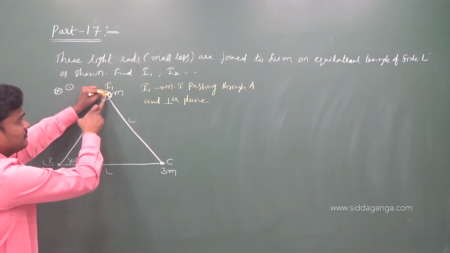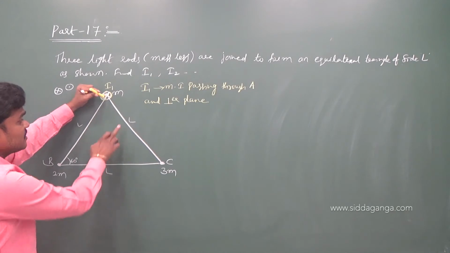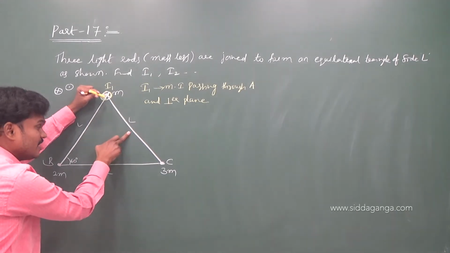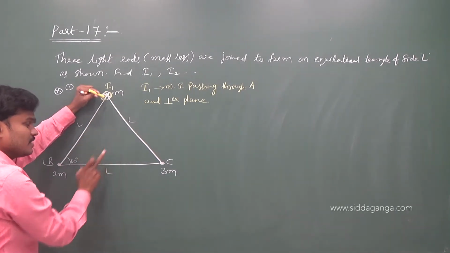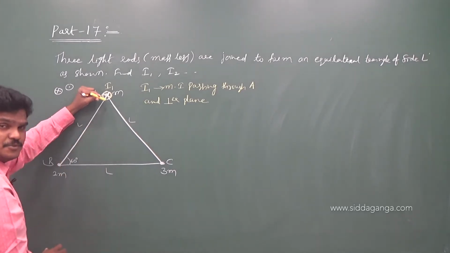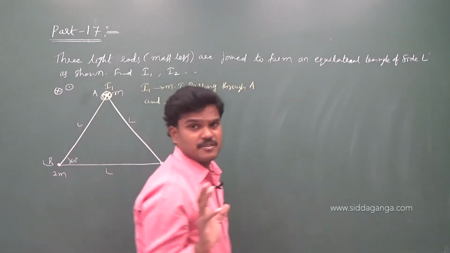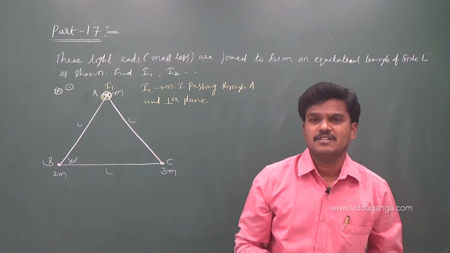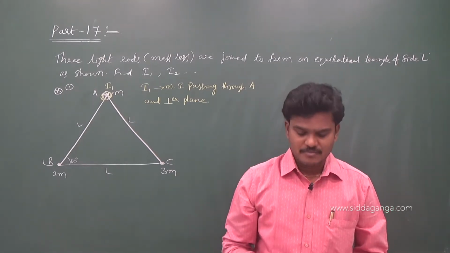Because of 3m, we will get a moment of inertia. Because these are massless rods. If this mass is there, again some other story. Right now these are massless. You feel that 3 particles are placed at the 3 corners of a triangle. That's it. Okay. Some equilateral triangle.